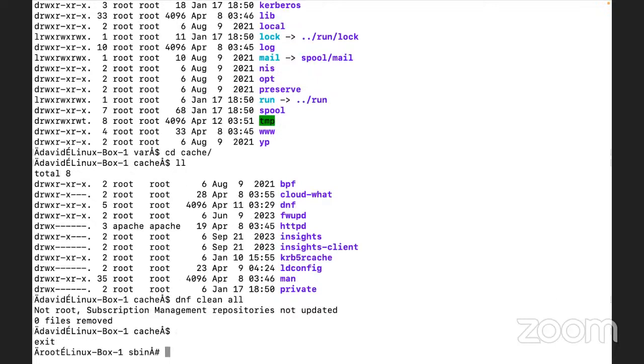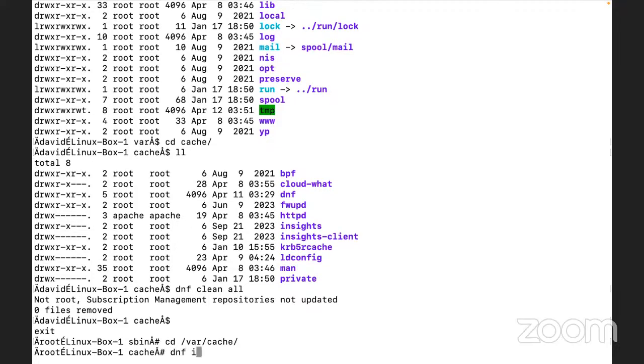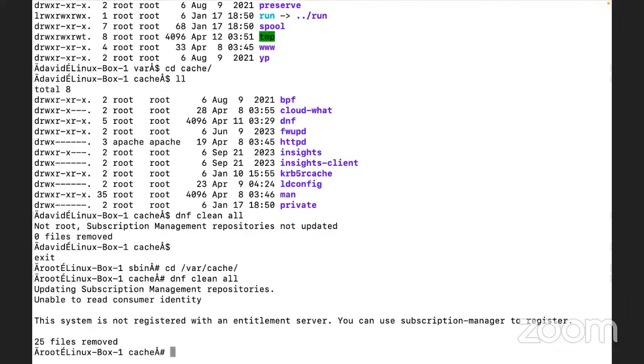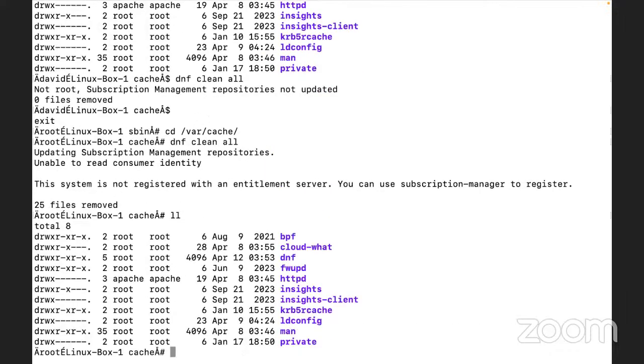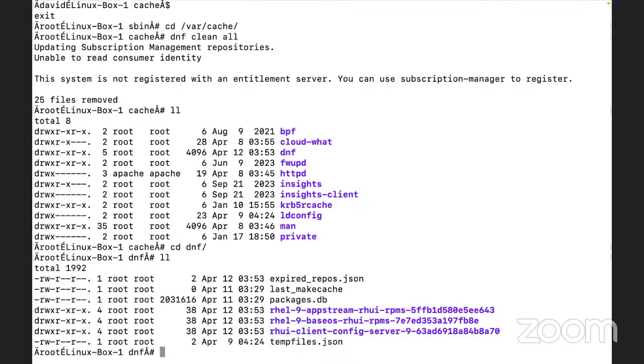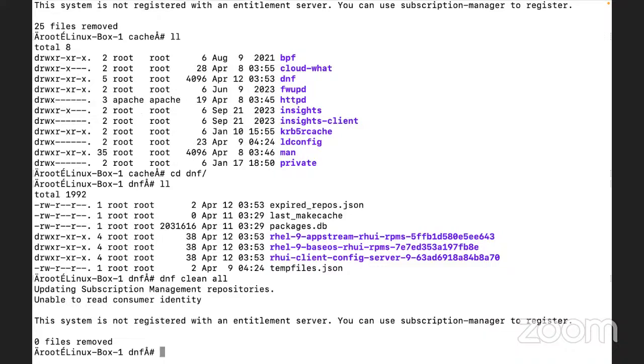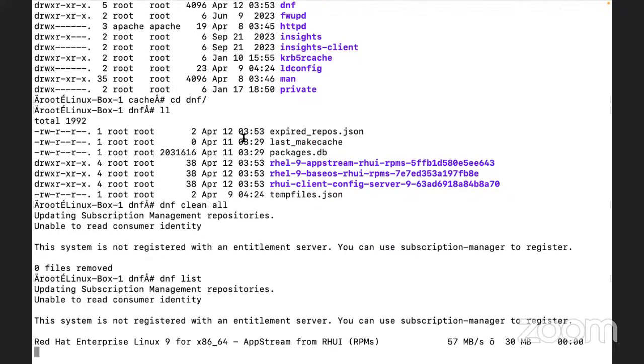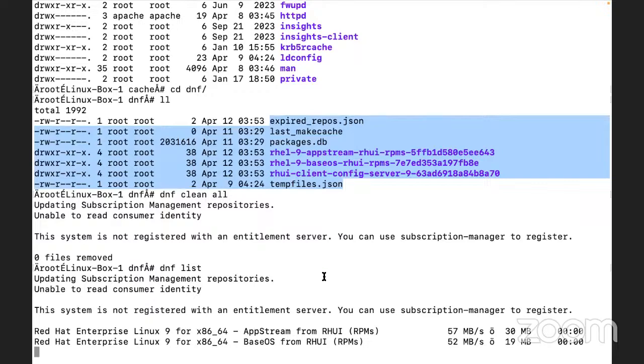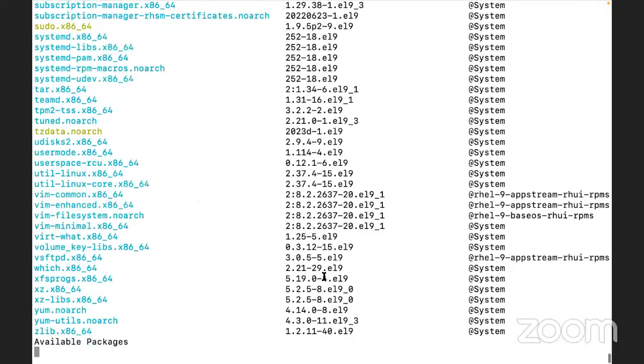You see the difference, guys, here. If I try to download anything here, it will be stored here within the cache file, so that I may not need to download the same file once again from the internet.